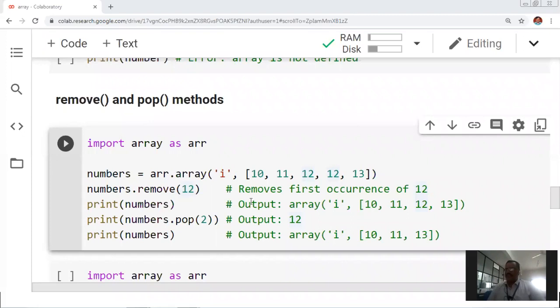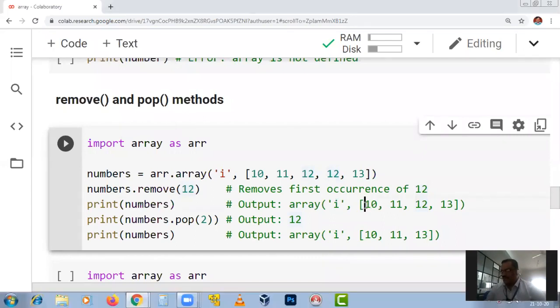Similarly, you can also do pop of 2. So what happens? Pop of 2 will pop the element at index number 2. See, look at here, after removing 12, this list becomes 10, 12, 10, 11, 12, 13.